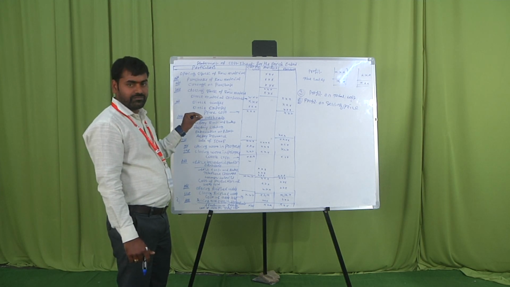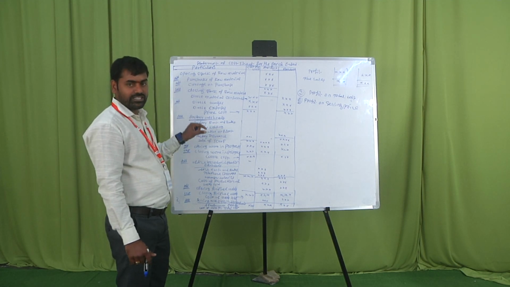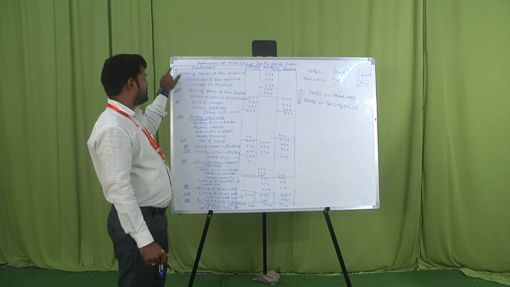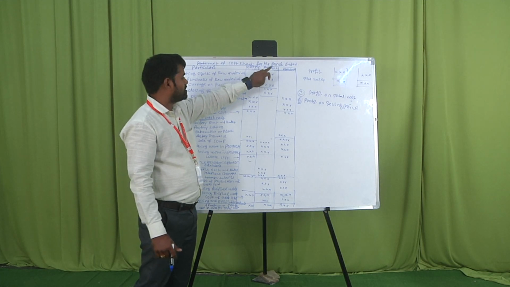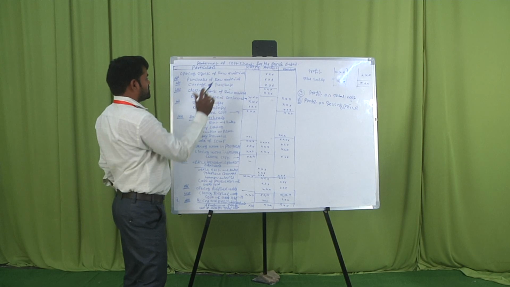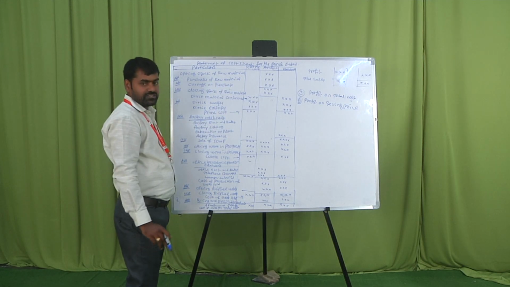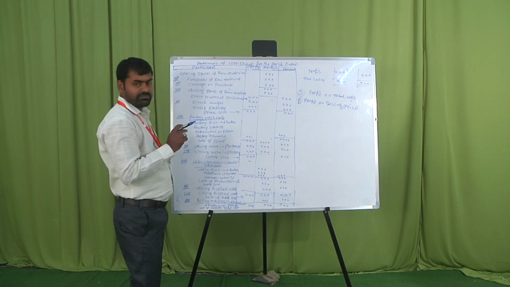Whenever you are estimating the cost of one product, what is the order? The order part is most important. First, prepare the statement proforma: particulars, cost per unit, amount and amount, inner column and outer column, 4 columns. When we take these 4 columns, there are two types of statement of cost sheet.